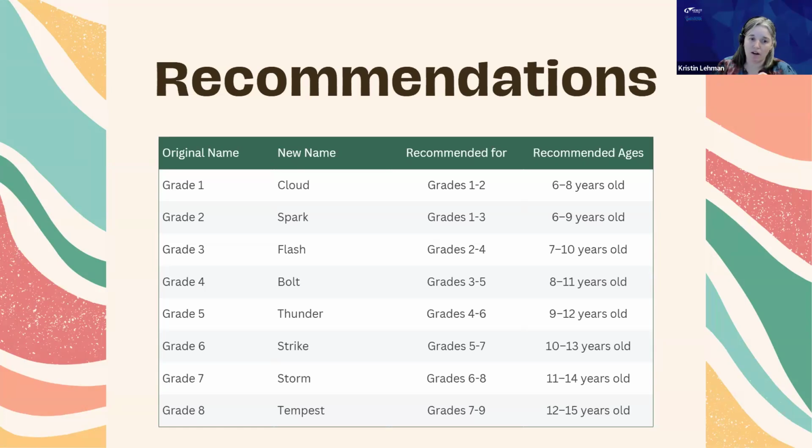We're also updating our upper level courses, so grade 7 and 8. If you've used it previously, it was a completely different format. We've updated grade 7 and 8 with the release of Tempest and Storm. Or I guess Storm is 7 and then Tempest is 8, to more closely match the layout and format of